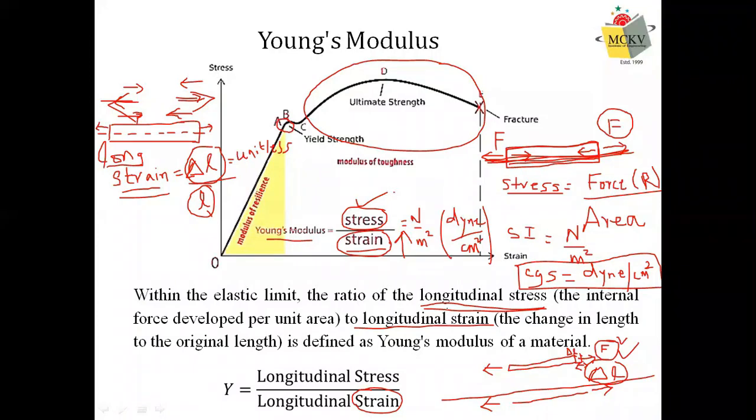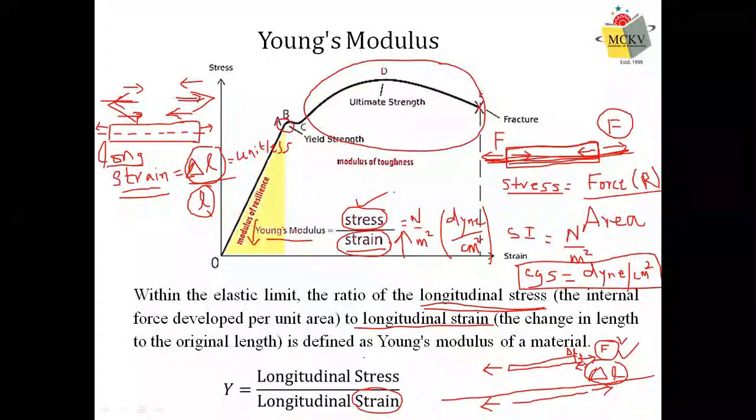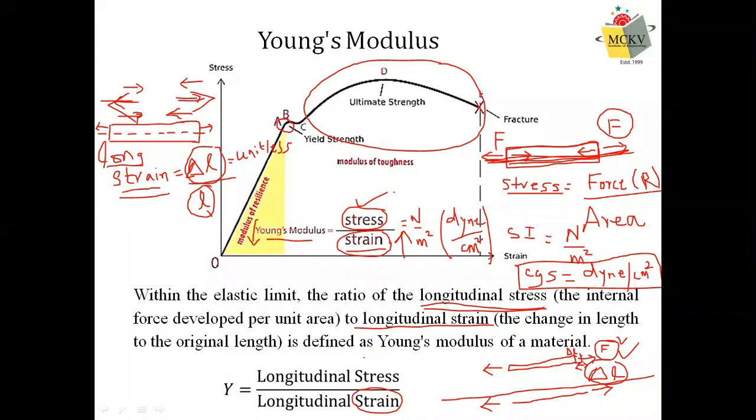The strain is more, which implies that the Young's modulus is lower for the rubber band. It is a very simple thing. The same force applied in the case of an iron rod or a rubber band will deform the rubber band more than the iron rod. So it implies that the strain in the rubber band is more than the strain in the iron rod. So which implies that the Young's modulus, by definition, which is stress by strain, will be lesser for the rubber band as compared to the iron rod.